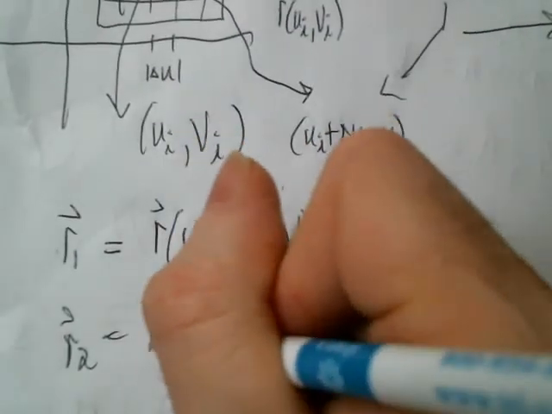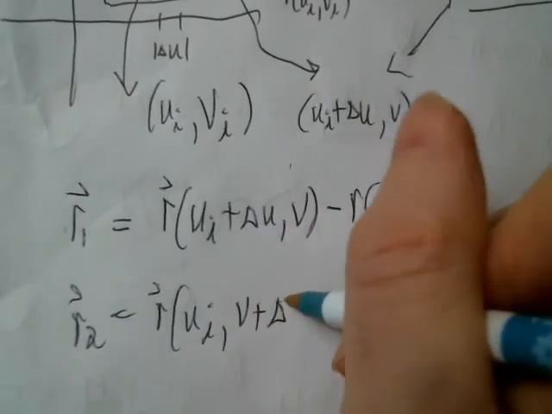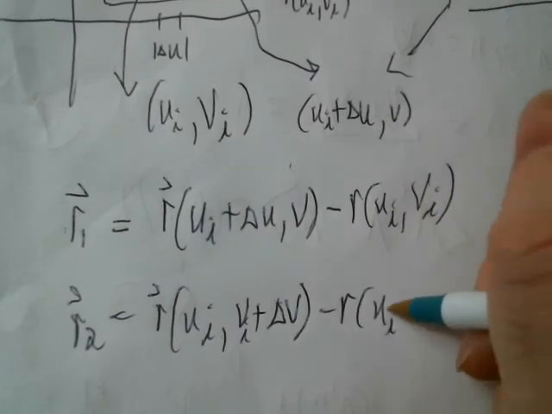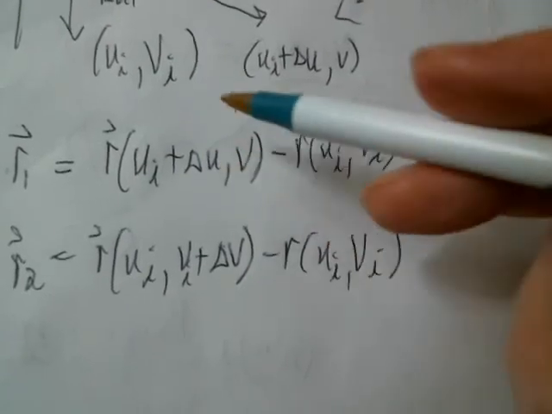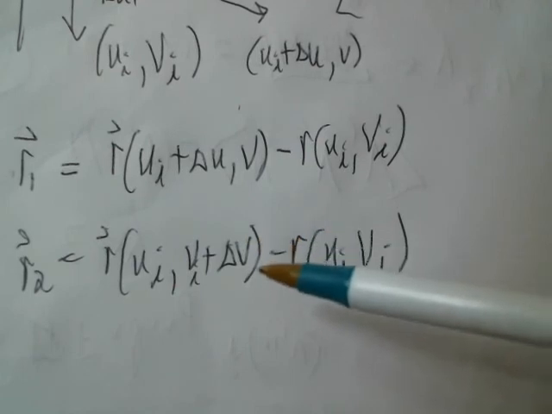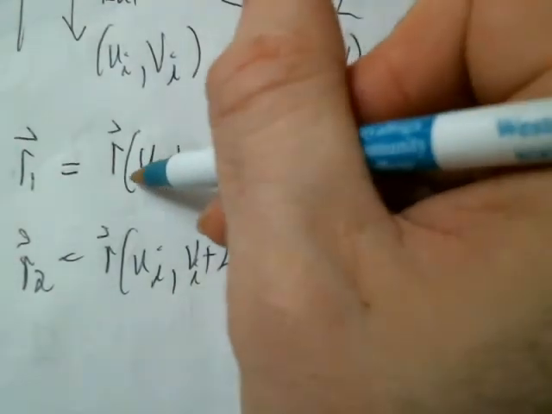Okay, so R2 is r of u sub i comma v plus change in v, v sub i plus change in v, minus r of u sub i comma v sub i. Okay, and then these things should look kind of familiar. They look like difference quotients from partial derivatives, but here the partial derivatives are with respect to u and with respect to v. Right? All you would need is